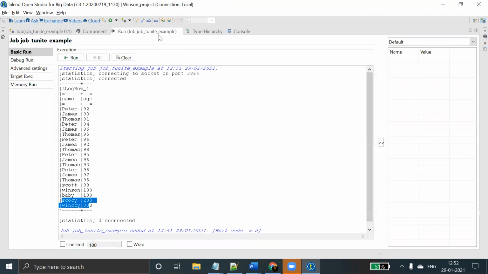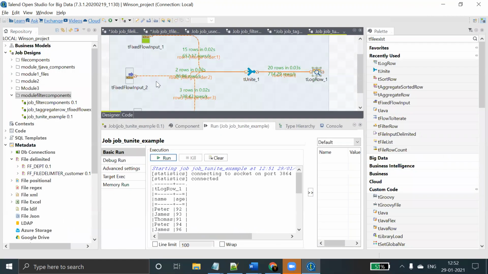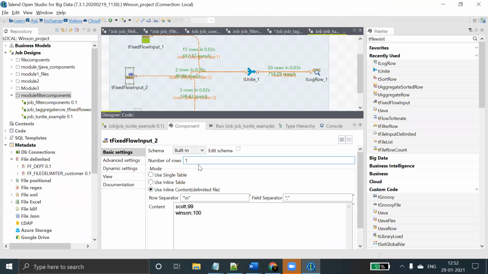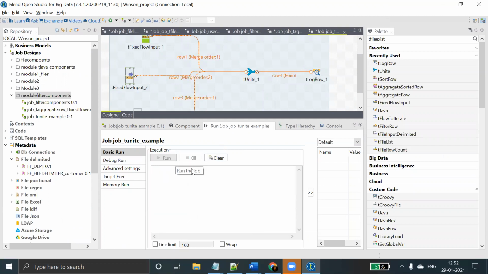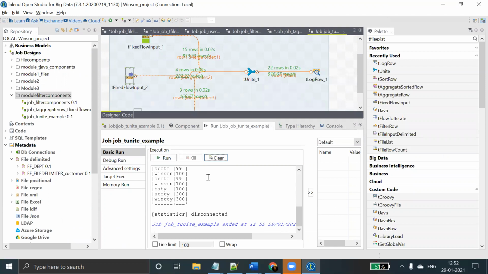Okay, suppose I create some duplicate records. Let's say here I'm creating some duplicate records. Now we'll see how many records will come. Now you can see 15 plus 4 is 19, plus 3. So what is the source?